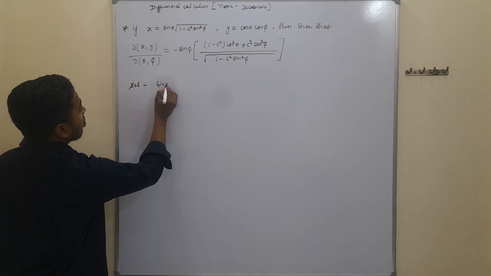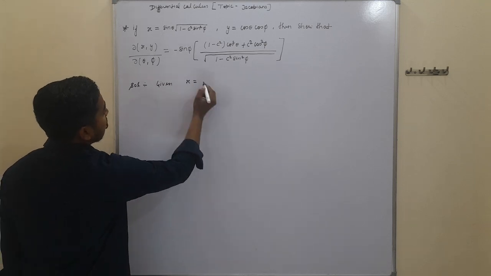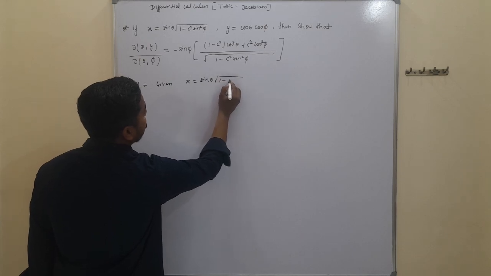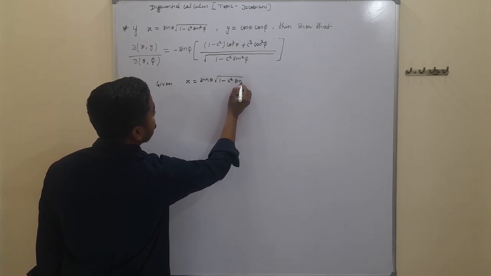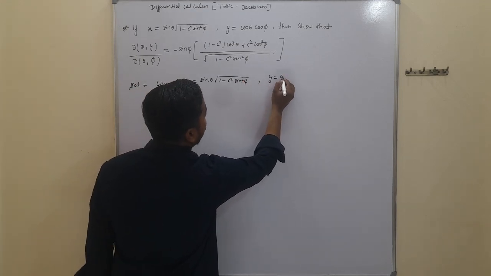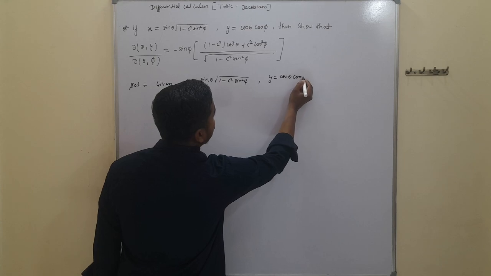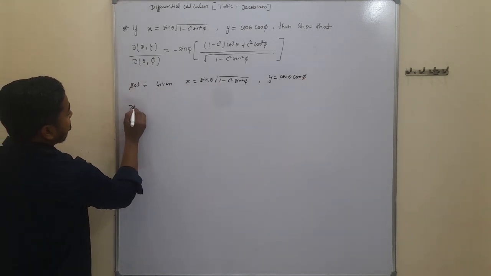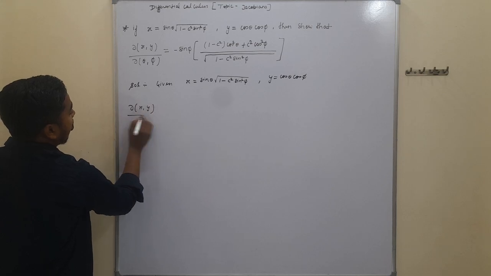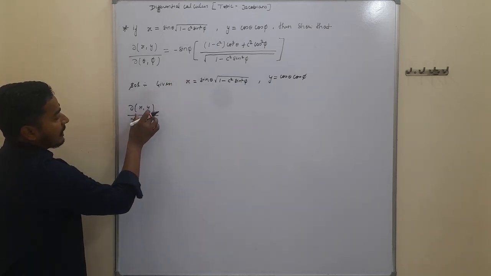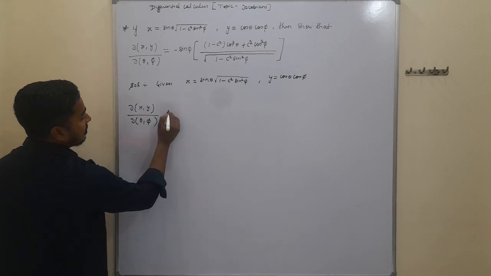Given x is equal to sin theta into under root of 1 minus c square sin square phi, and y is equal to cos theta into cos phi, and we have to find the value of del of (x, y) upon del of (theta, phi), and we have to show that this function. So del of (x, y) upon del of (theta, phi) is given by